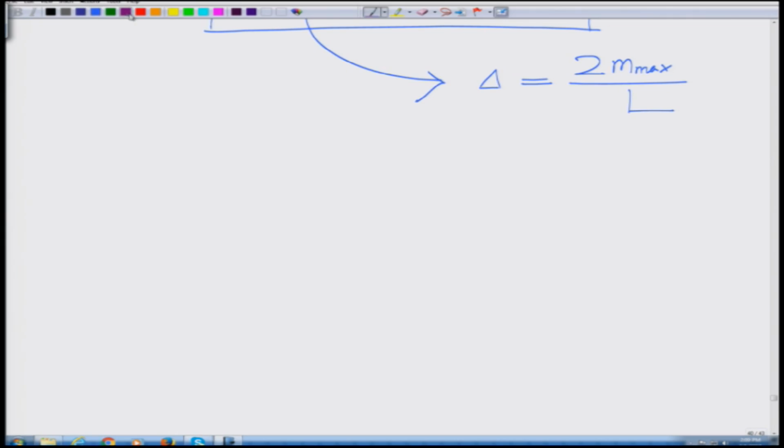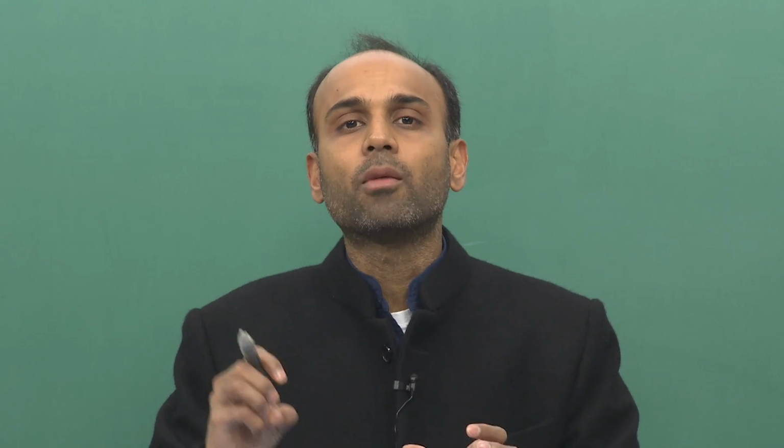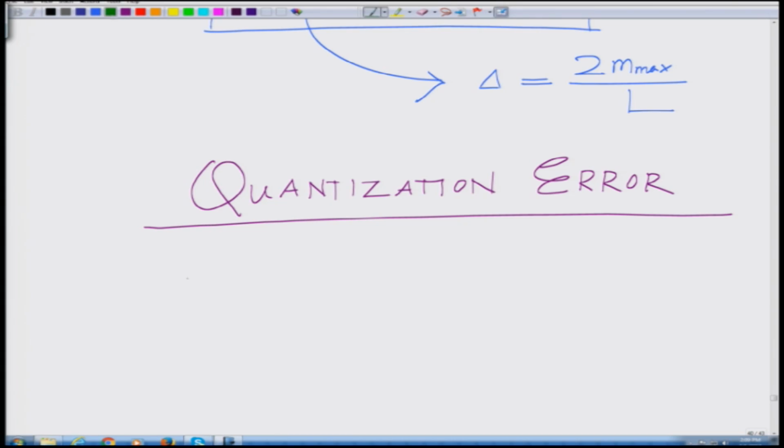Okay. Now, let us look at the notion of quantization error. And this is a very important metric which determines the performance of the quantizer. We have said that all samples in a particular quantization interval are mapped to a particular quantization level, which is a many to one mapping, which means there are several values which are mapped to an approximate quantization level. So, quantization is a many to one mapping